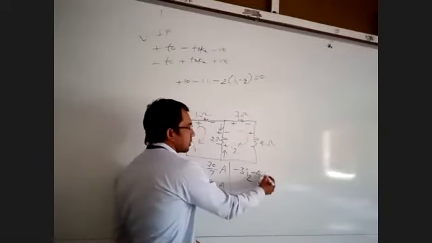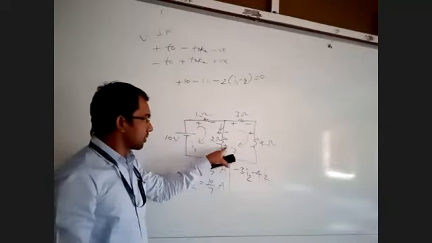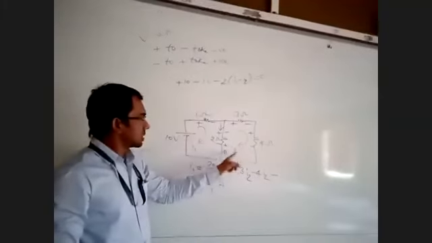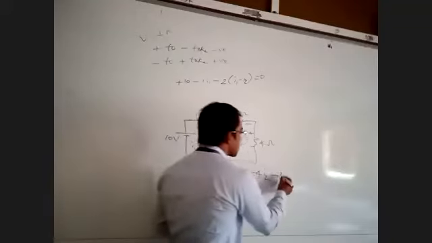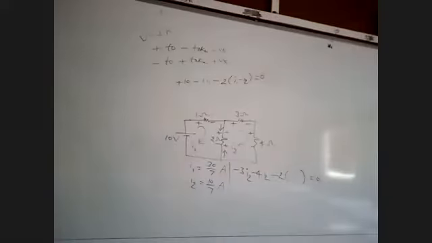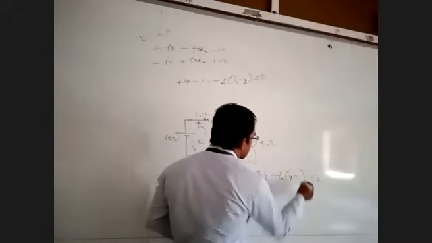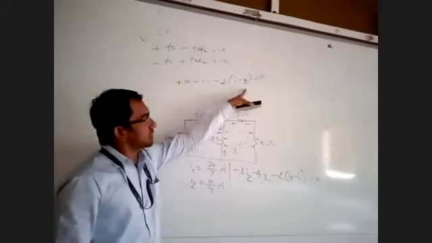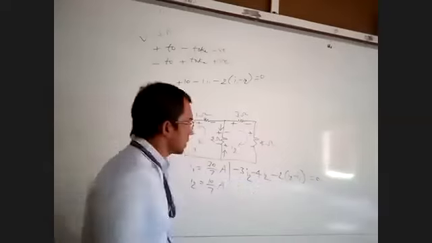What is the current flowing in 4 ohms? I2. I2 is flowing from plus to minus. Here plus to minus, minus is added. Similarly, I2 is also flowing from plus to minus. Minus 2 ohms. Now, what is the current we take right here? I2 minus I1, because in the second loop, I2 is the reference. In the first loop, I1 is the reference, so we took I1 minus I2. In the second loop, I2 is the reference, that's why I2 minus I1.